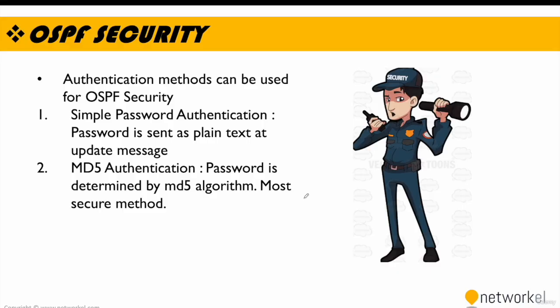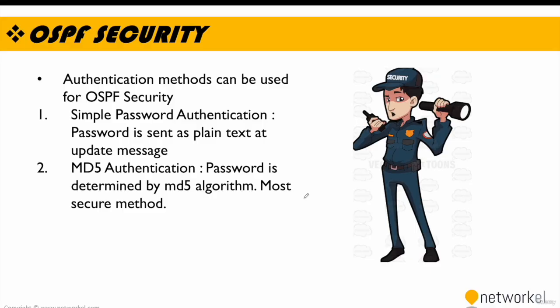Between routers, authentication methods can be used for OSPF security. We have two types of authentication, which are the simple password and the MD5. In simple password authentication, the password is sent as plain text in the update message. On the other hand, in MD5 authentication, the password is hashed by the MD5 algorithm, and that is the most secure method